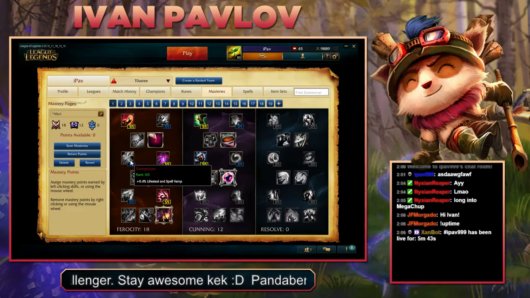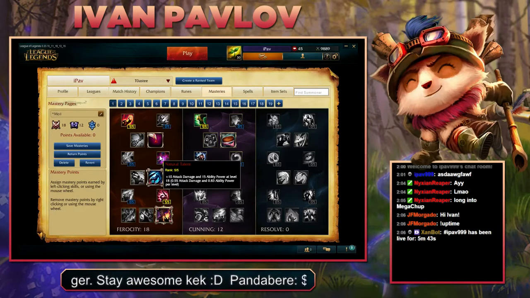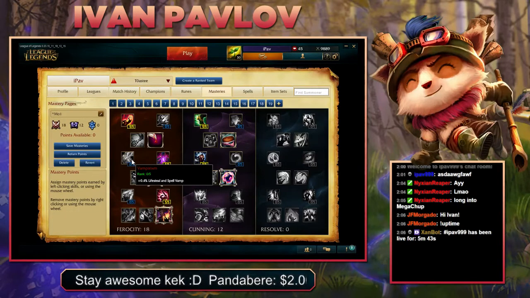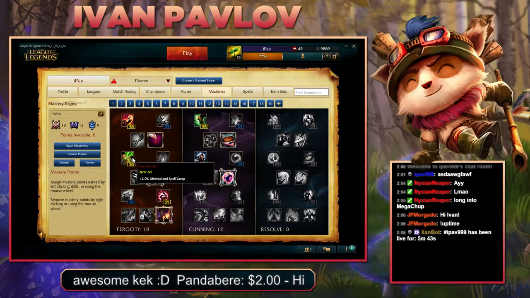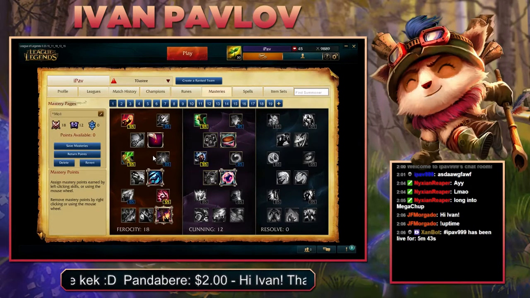Some people like to get Vampirism just because they think Natural Talent is nerfed a lot. It doesn't really give that much in stats. But man, this 2% life steal and spell vamp is really nothing compared to this. You don't get anything. If you're going AD Teemo, like Doran's Blade, two Doran's Blade, yeah, this might be helpful, but I still recommend